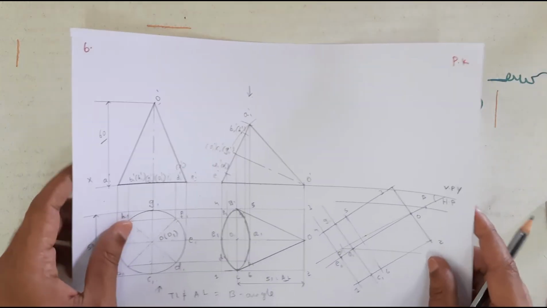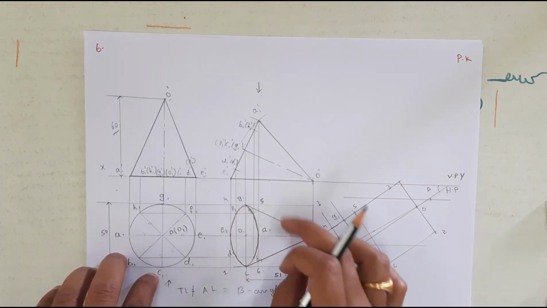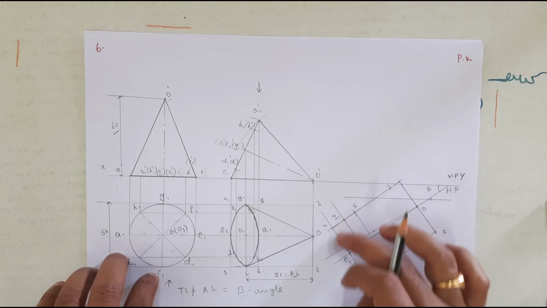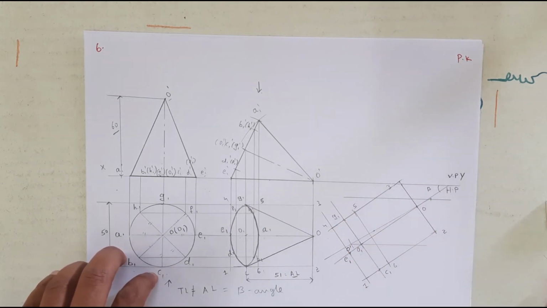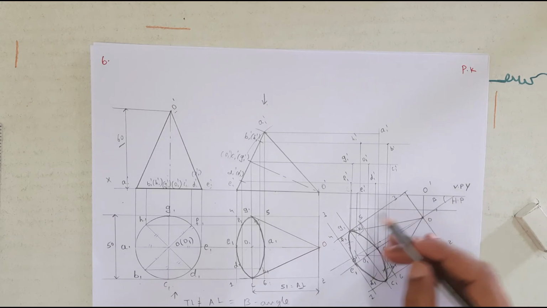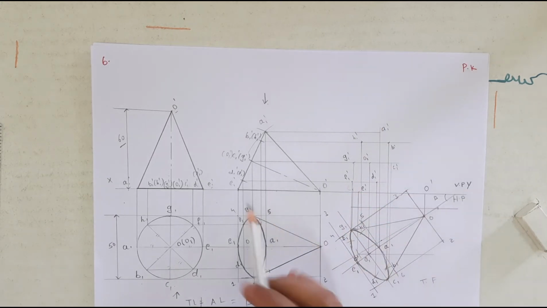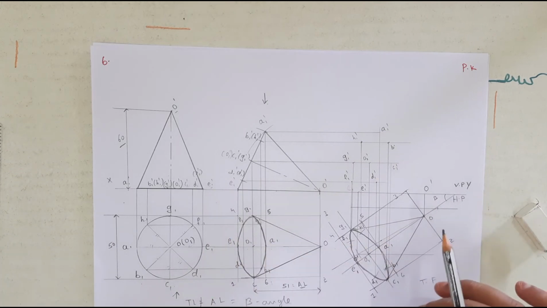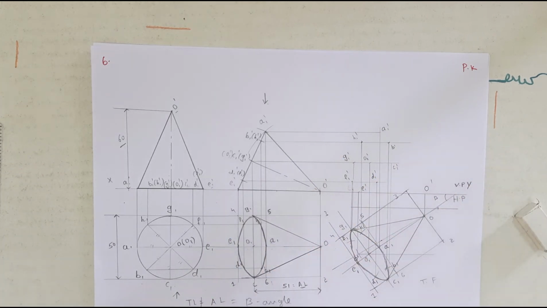So what is the next step? I need to locate the remaining reference points. Then I need to redraw the same sketch over here. So shall we do it together? Okay. See, here I have drawn the top view and I have drawn the vertical projections as well as corresponding horizontal projection, and I located all the reference points as you can see over here.